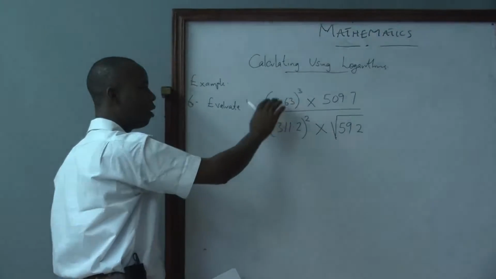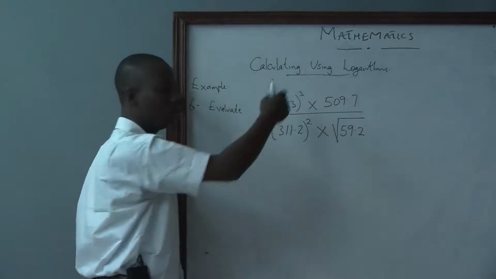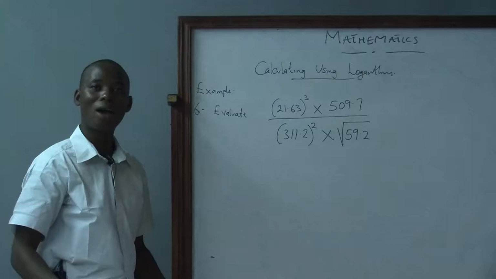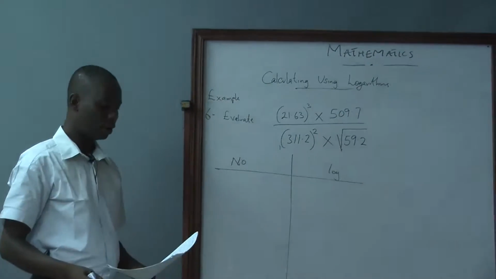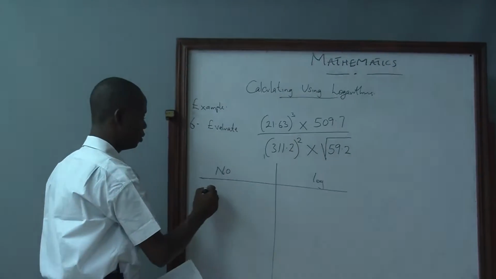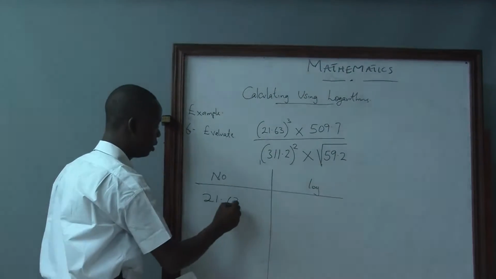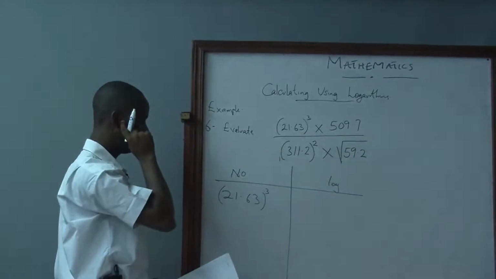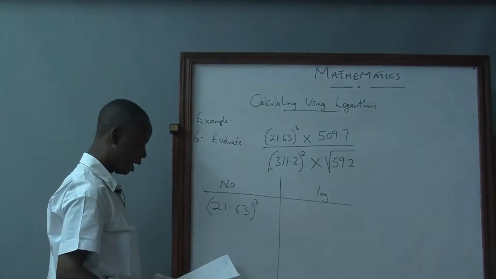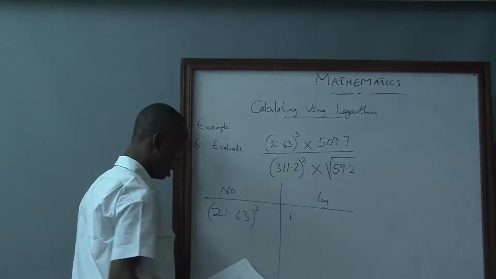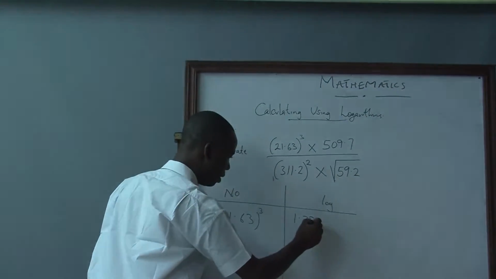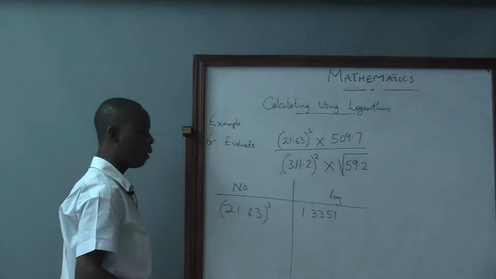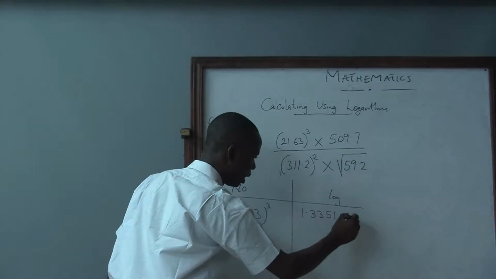Since we have our numerator and our denominator, and what is between them is a division line, we will just divide them. It is as simple as that. Okay, solving this, we'll pick the first one, 21.63 to the power of 3. We'll find the log of 21.63. The characteristic there is 1, and the multiplier there is 3351. And to fulfill this power of 3, we just multiply this by 3, and that equals